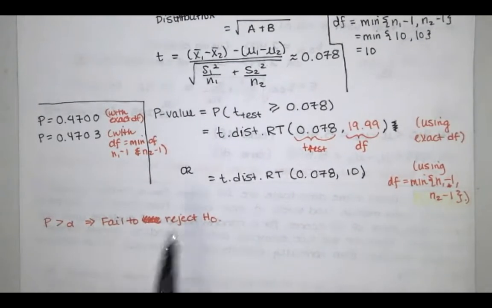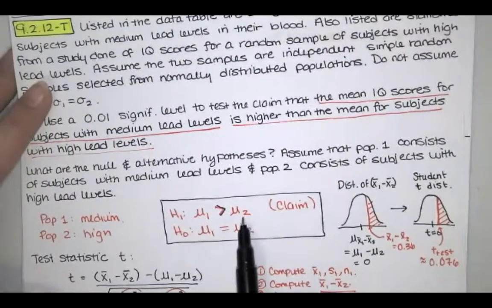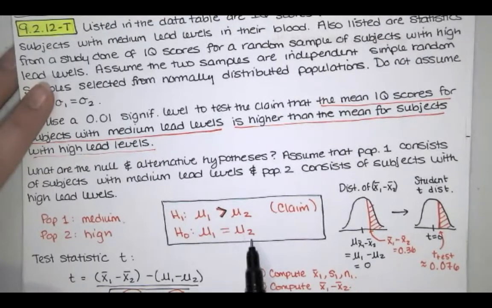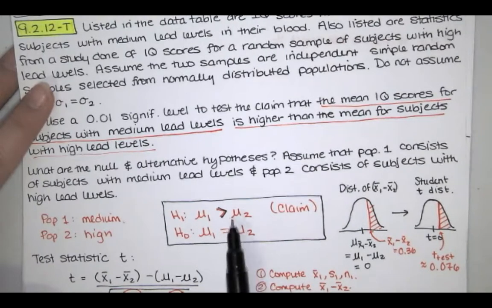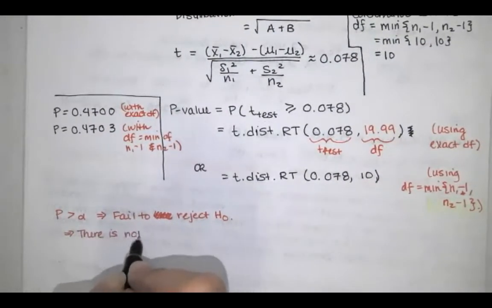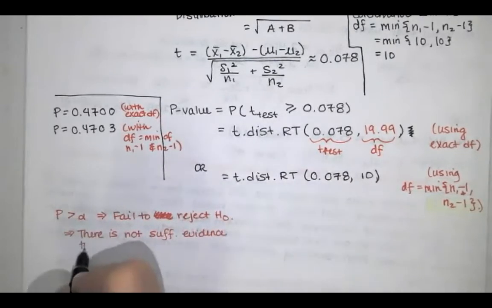Okay, so now we are failing to reject the null, but we need to decide what to say about the original claim. That requires that we look at the original claim and how it compares to the null hypothesis. So we go over here and we see that our claim was the alternative hypothesis. So when we fail to reject the null, we're saying that this might be true. And if we're saying that this might be true, it looks like we don't have enough evidence to support our claim. So we'll say this: there is not sufficient evidence to support the claim